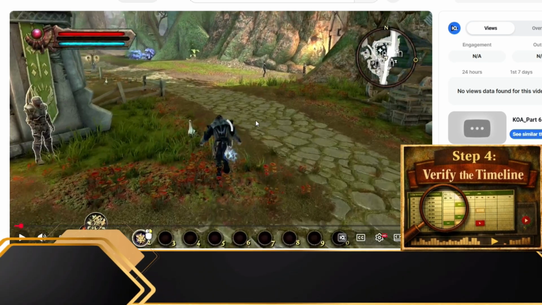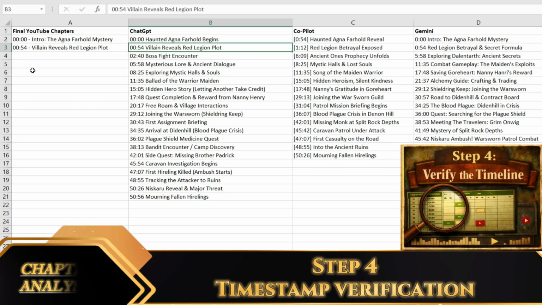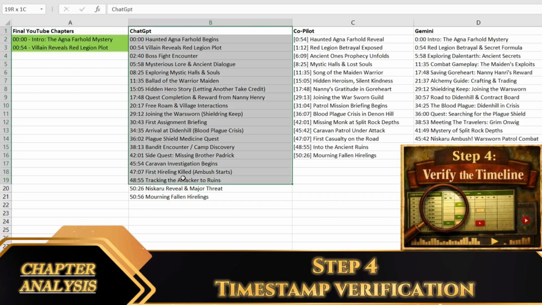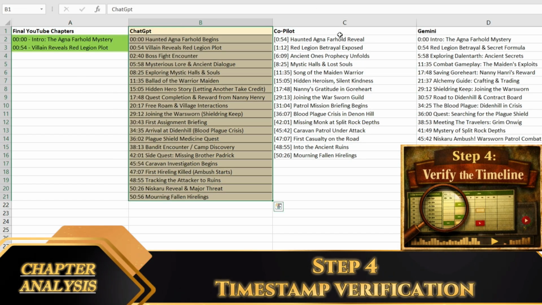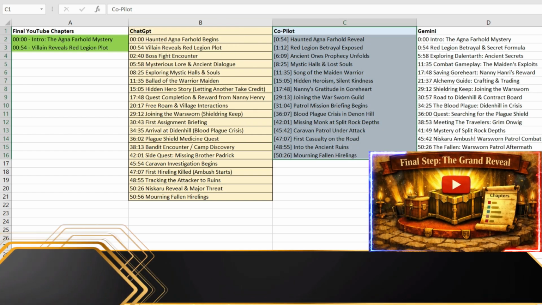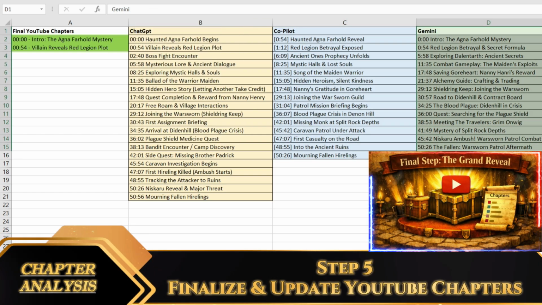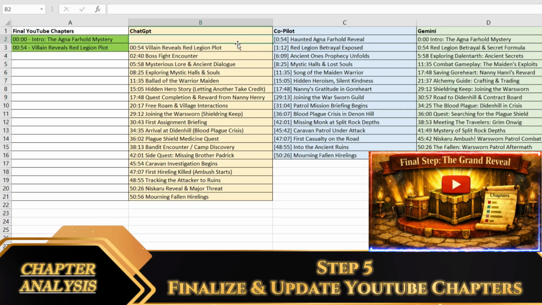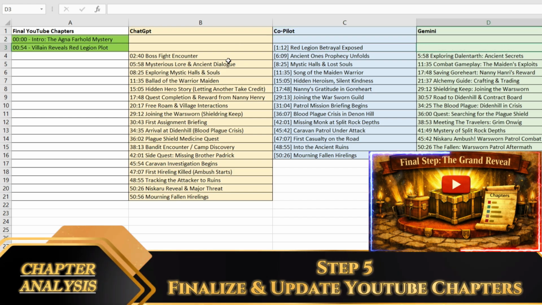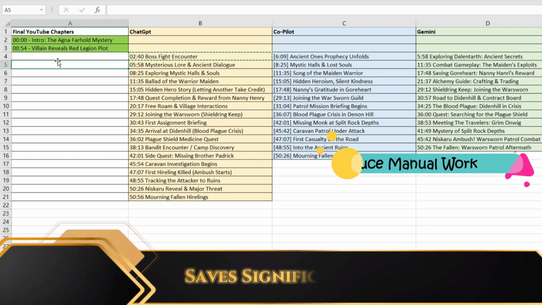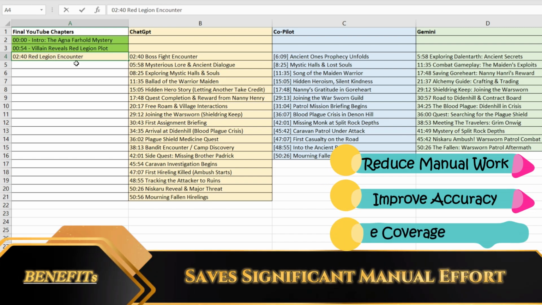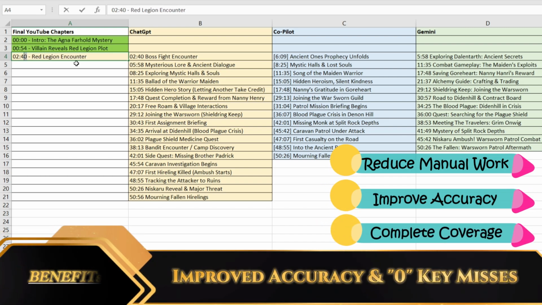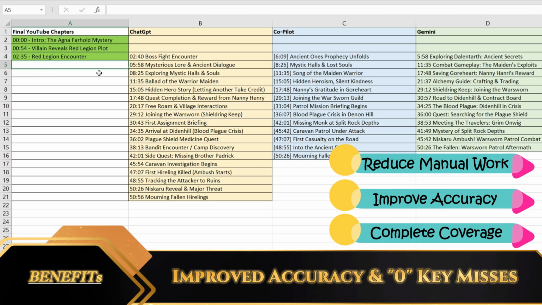This manual review step is extremely important because AI generated timestamps may not always be perfectly accurate. After validating and refining everything, finalize the chapter list. Finally, update the chapters in the YouTube description. This workflow helps save a massive amount of time while ensuring the chapters are accurate, viewer friendly, and optimized for